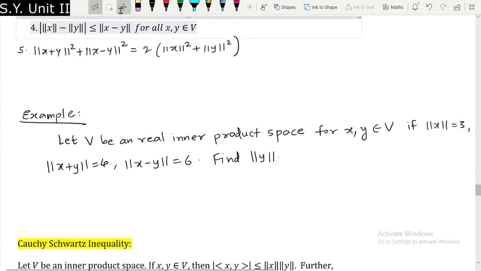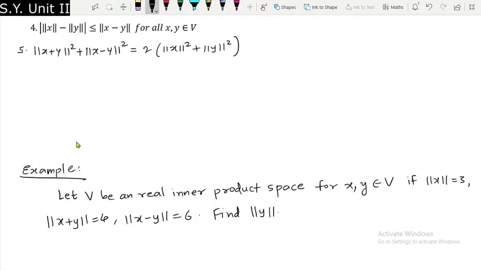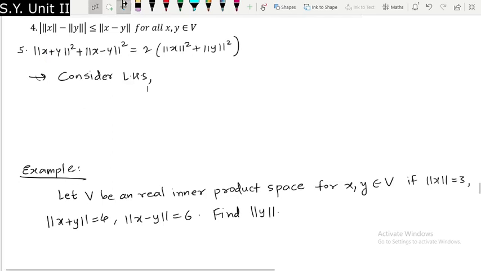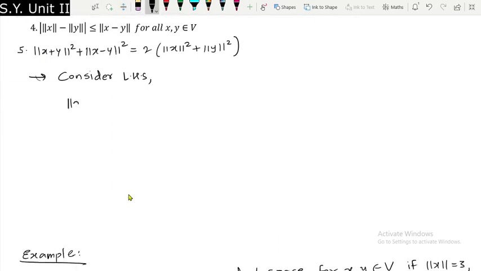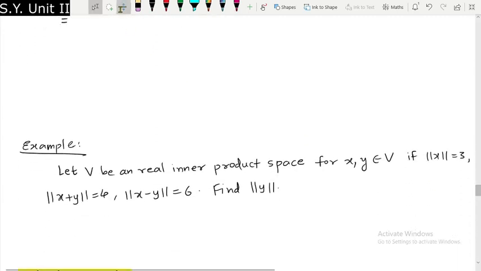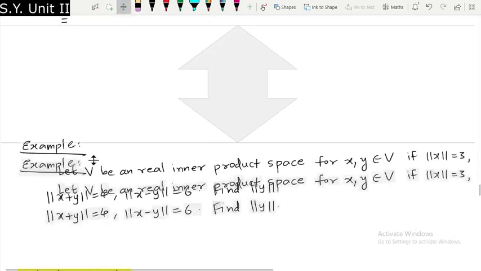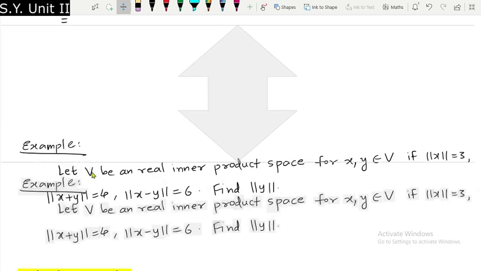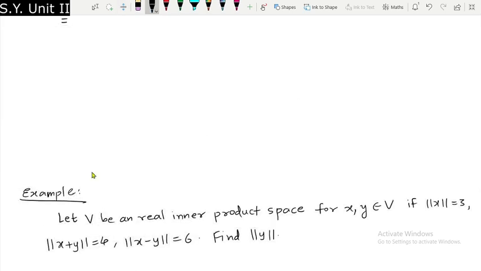The proof is very beautiful. I will consider LHS over here for the proof of this fifth one. So what is my LHS? My LHS is norm of x plus y whole square plus norm of x minus y whole square, which is equal to, now note that, what is norm of x plus y square? It will be inner product of x plus y with x plus y. So this is equal to inner product of x plus y with x plus y